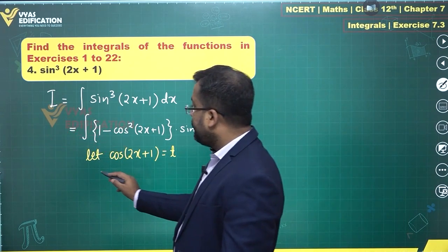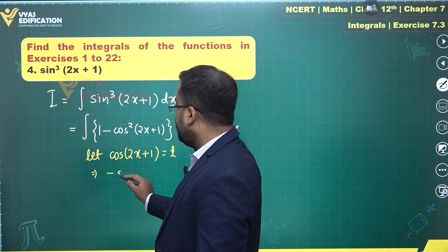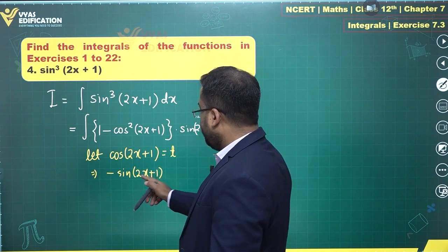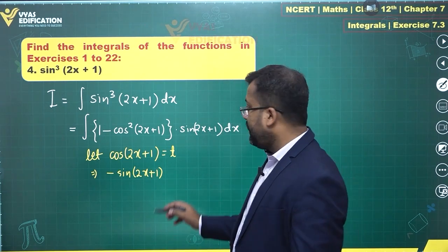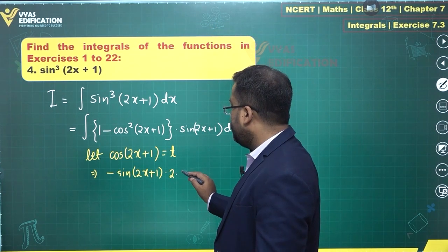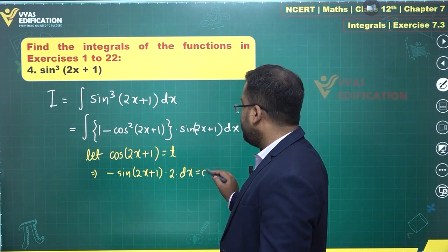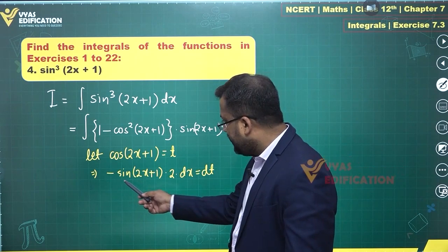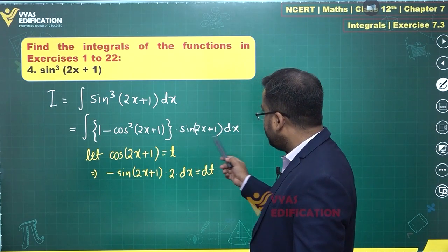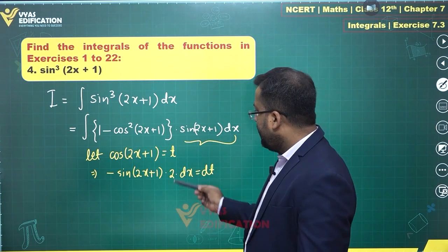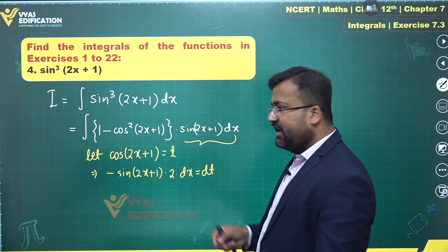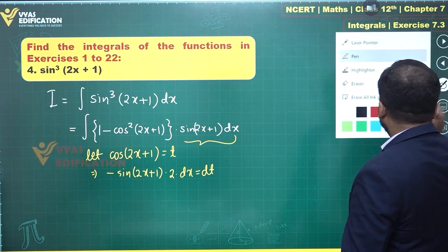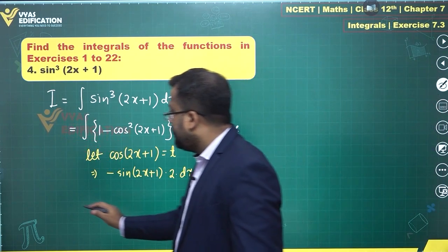So the derivative of cos is minus sine 2x plus 1. Then you need to differentiate this 2x plus 1 since we are applying the chain rule. This is 2 times the derivative of x, equal to dt. I reach this stage and I realize this sine times dx is present over here, and 2 and minus will go in the denominator. So I'll have minus 2 in the denominator. I can make this substitution and this integral will convert to